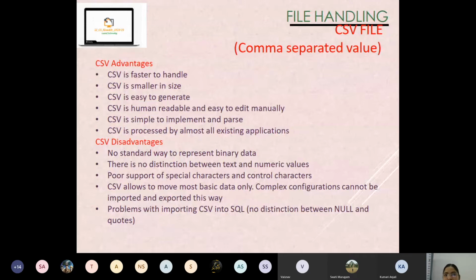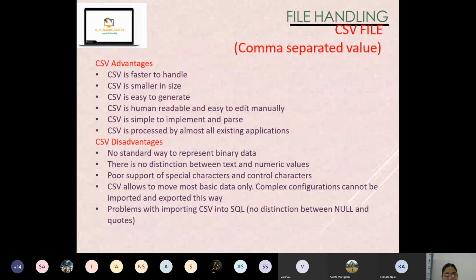But what are the disadvantages? Because this is also a kind of database, no? So when you are bringing this into database software, the distinction between double quotes and single quotes, that problem comes. No standard way to represent binary data in a CSV file. There is no distinction between text and numeric values.